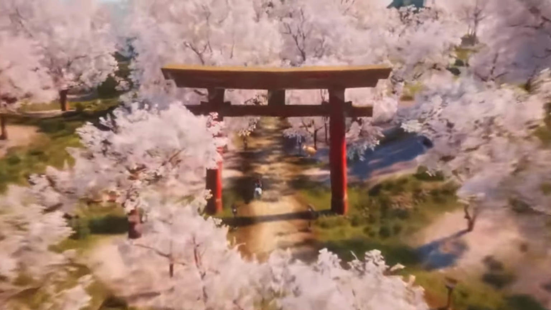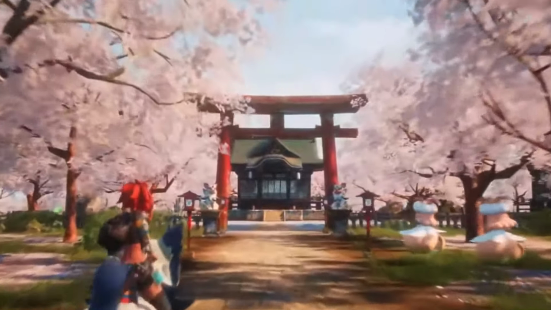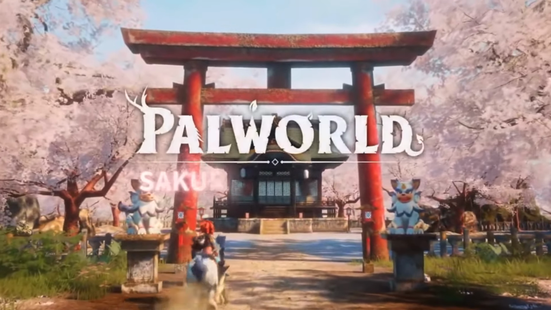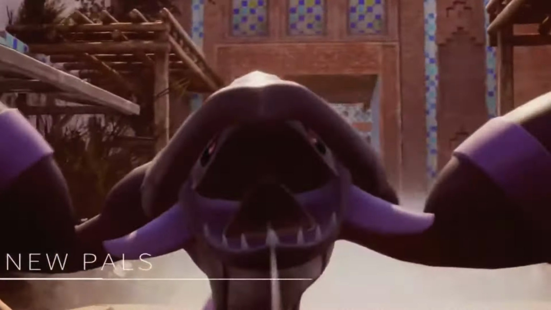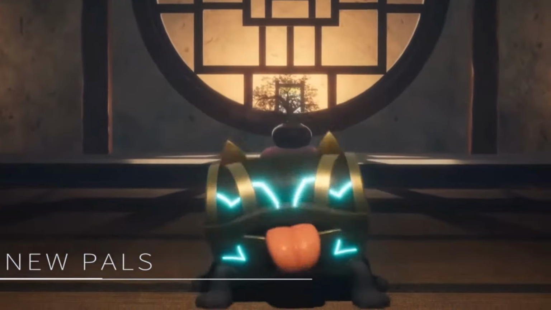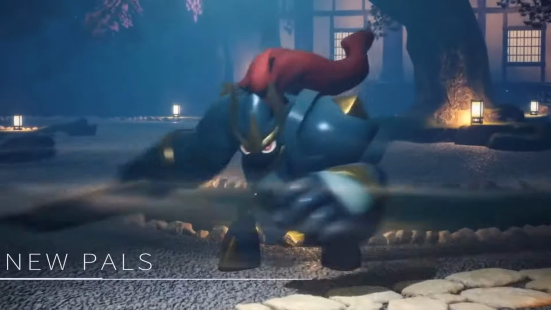Palworld has a brand new major update releasing this week on June 27th, 2024, and that is the Sakurajima update, which should include a lot of brand new awesome pals. I believe it's a brand new raid. Also, just a whole bunch of other things to discover and explore as well in the already pretty vast world